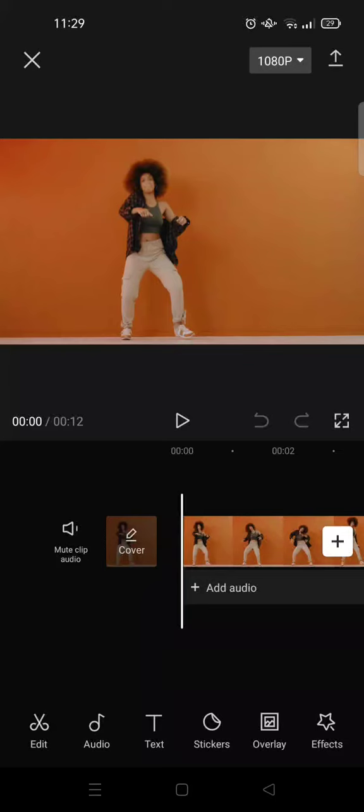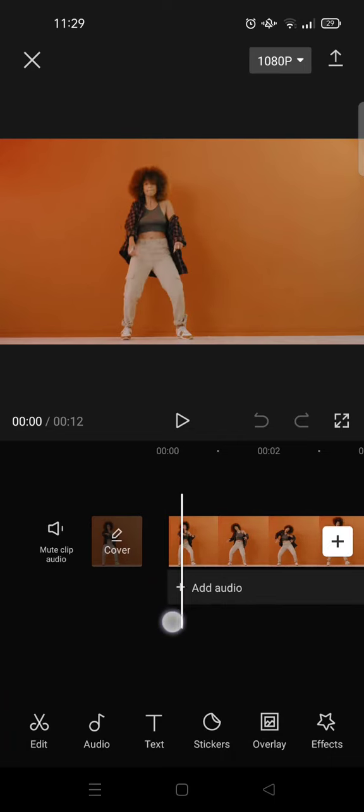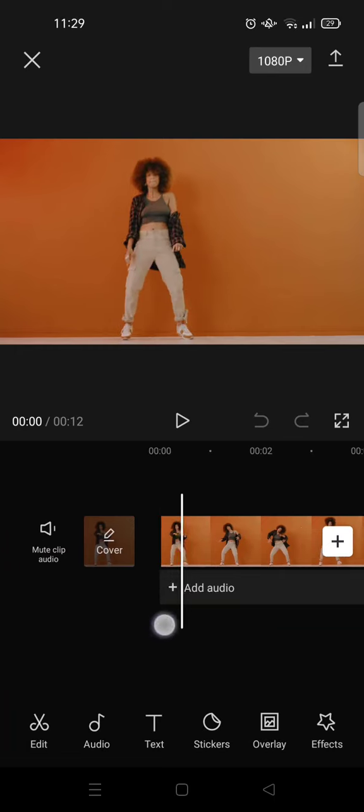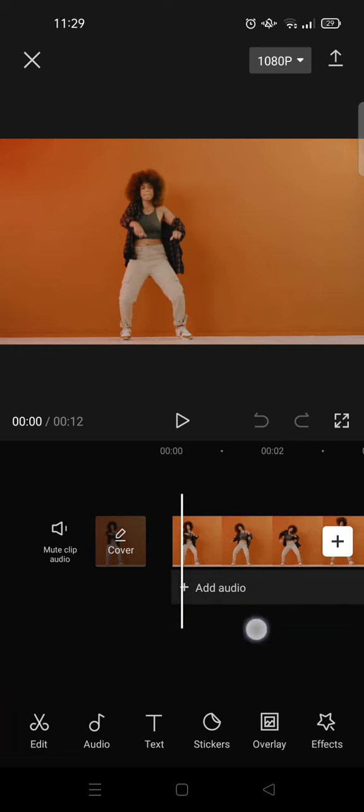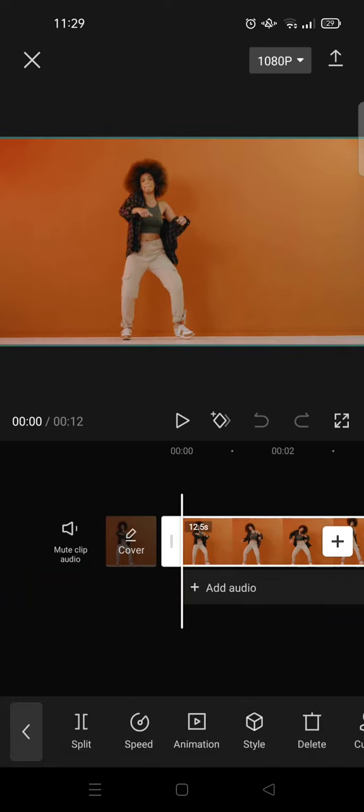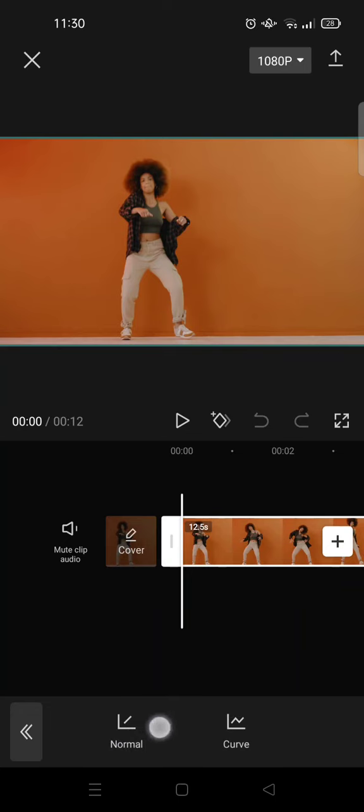On today's video I'm gonna show you how to slow-mo in CapCut. So, how to make a slow motion video in CapCut. Here you need to import your video and then click on the video and click on speed, and here choose